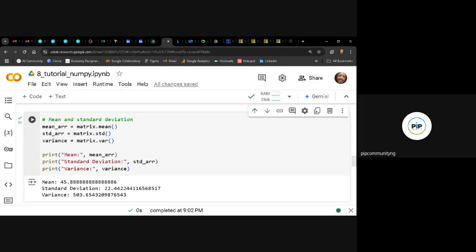So like I said, to check for the mean, standard deviation, and variance, you call dot mean, dot std, and dot var. Those are the methods you call. Please don't forget the brackets are necessary. As you can see, there's nothing inside the brackets. Why not remove them? Don't remove them. You can remove them and solve your error, but they are necessary